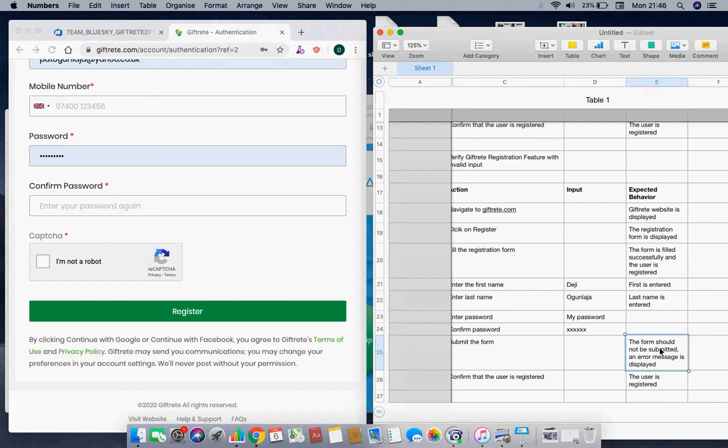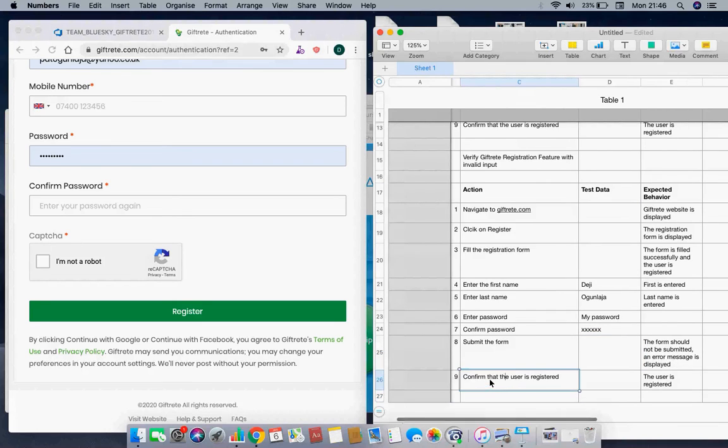So then if that is itemized, you can actually put the error as, maybe this is not input, maybe just test data, because in some cases you might put your output conditions also in there. So what are the test data when you submit, or the error message, or you can confirm the error message is displayed instead of, and confirm the